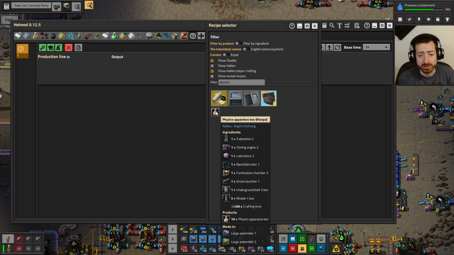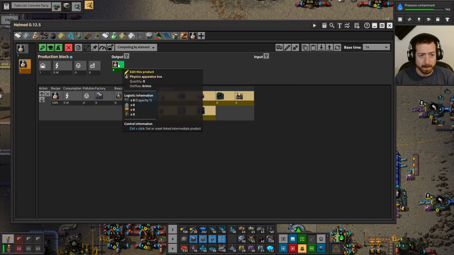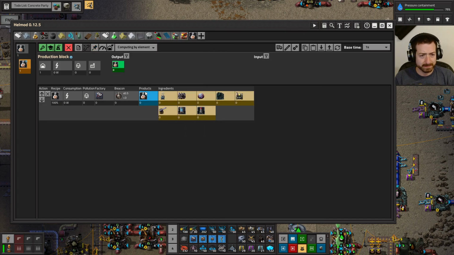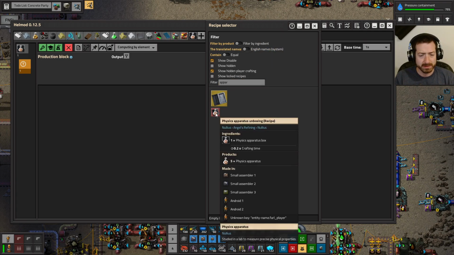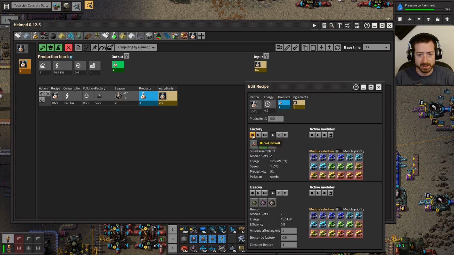Whoa. Substation 2, Stirling Engine 2, Laboratory 2, Nanofabricator, Combustion Chamber 3, Drone Launcher 1, Underground 3, Belt 3, Box, and Missile 1 Box. That's insane. Okay. But how do you just get... Oh, this isn't right. How do you get the apparatus itself? There. That's what we want. I mean, we can only make the boxes, and of course you can't do productivity in that, but...